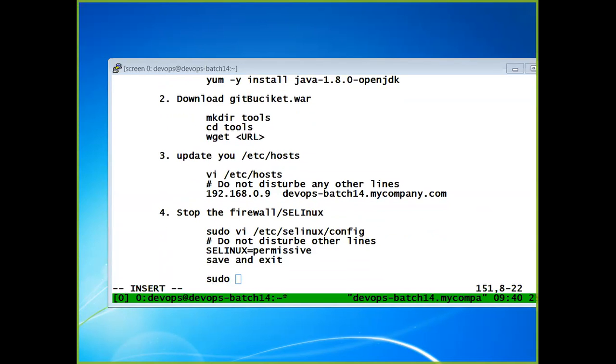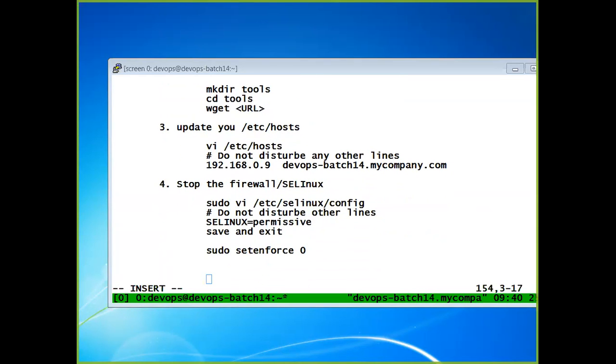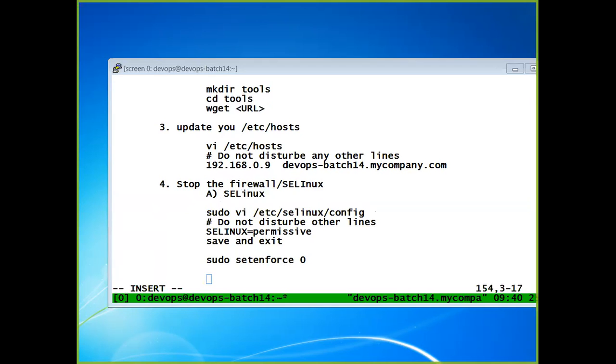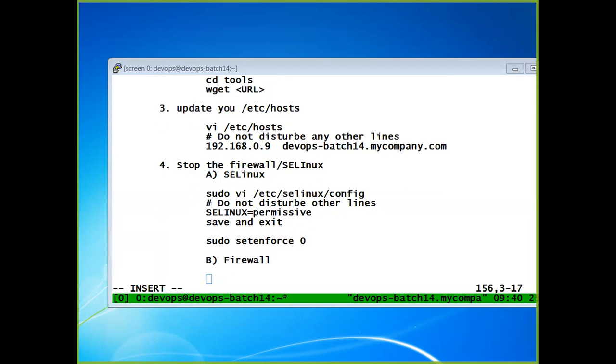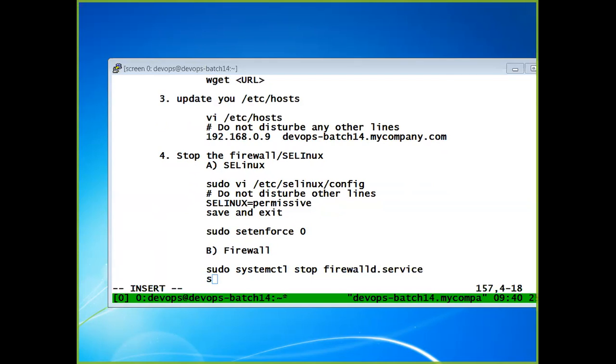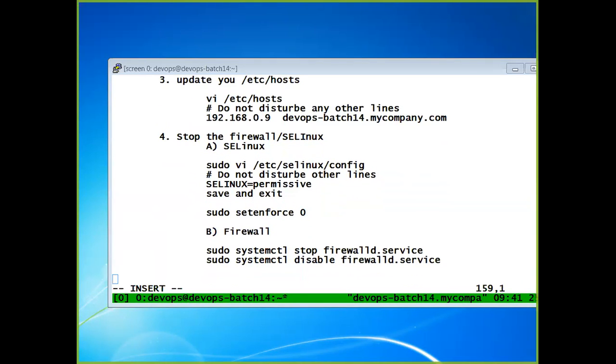Then we'll give another command, sudo setenforce 0. Later on we will go to the firewall. So this is part A, SELinux. Part B is the firewall. So we'll say sudo systemctl stop firewalld.service. Then sudo systemctl disable firewalld.service. Do that.